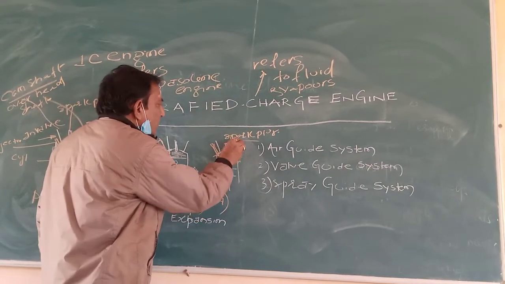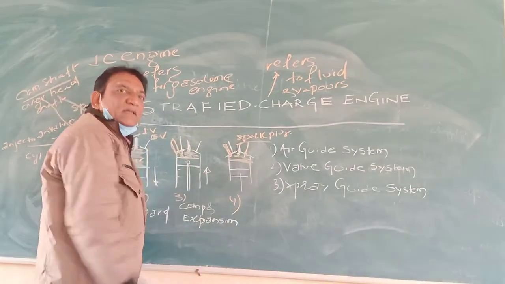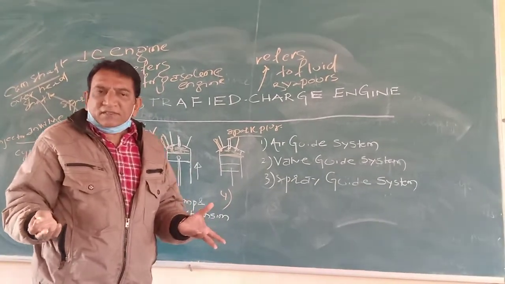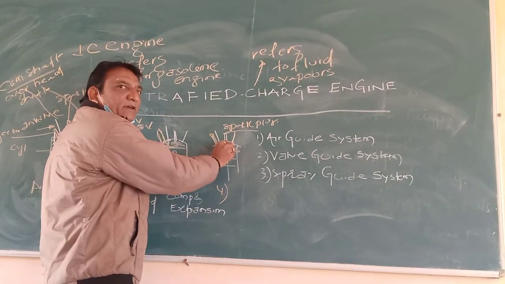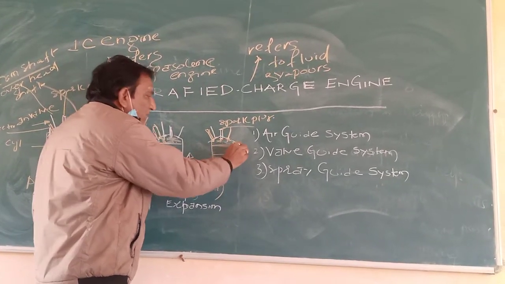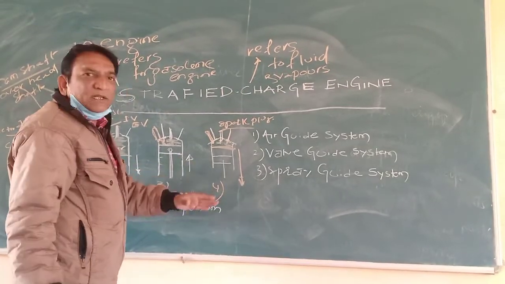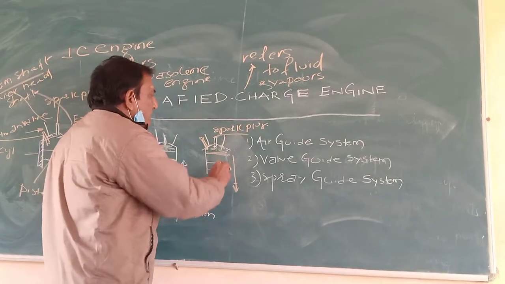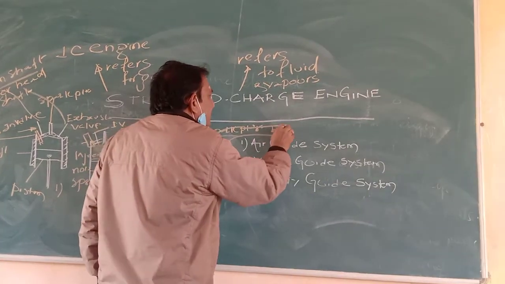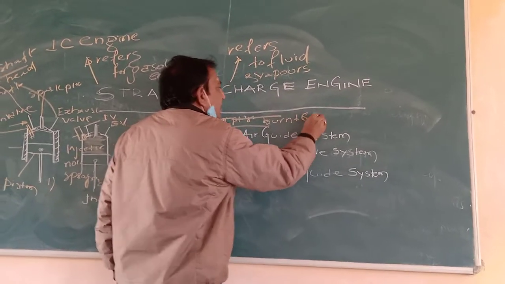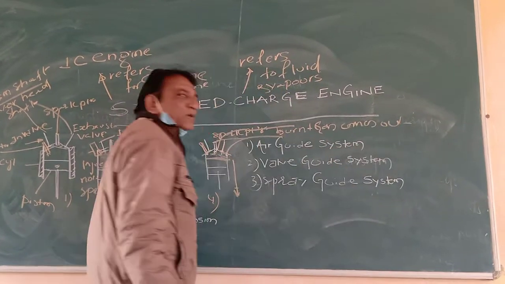Here also both valves are closed. When it is ignited, the combustion takes place. The whole thing is burned in this one. Expansion, and the combustion stops. Again the piston comes from TDC to BDC. The process continues till the exhaust valve opens. When the exhaust valve opens, the burnt gas comes out.